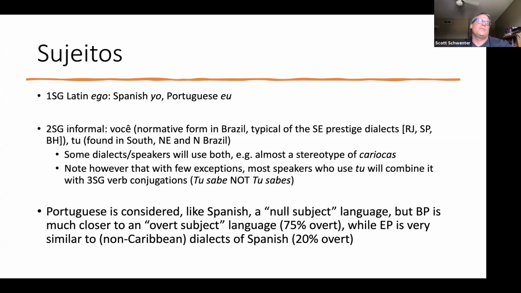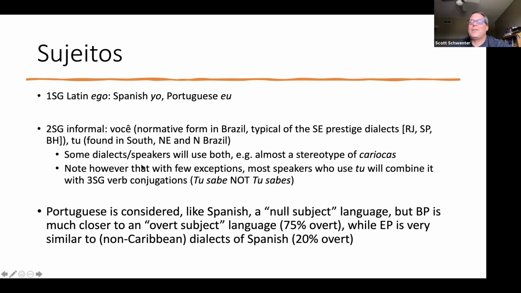So, when you teach English speakers Spanish, you have to teach them you don't have to keep repeating the pronoun over and over again. You don't have to keep saying I, or you. Well, when a Spanish speaker learns Portuguese, they have to learn to put that pronoun back in, because typically they will use it. And you're always safe using it for Brazilian Portuguese.